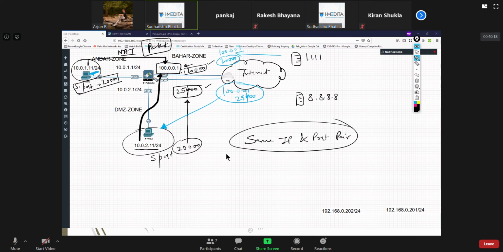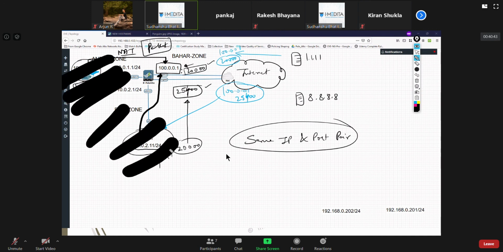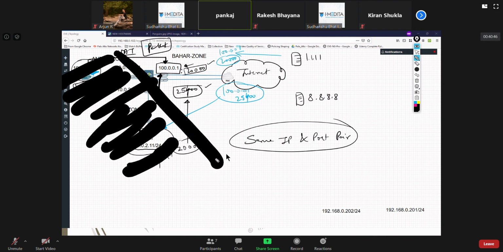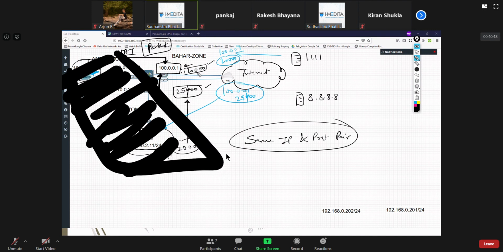But if you utilize the same IP and port pair, what is the problem? The problem is that the firewall can get confused when it gets a reply back for port number 20,000. Who should it send it back to? We are not assigning the same IP, but consider it from the point of view of a person outside.